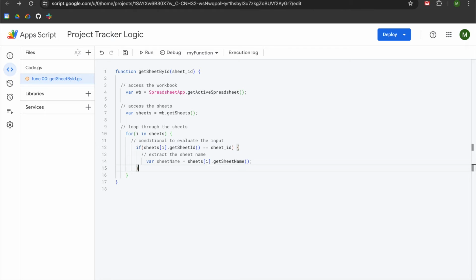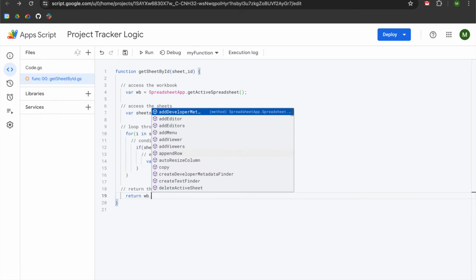We're going to hit the down arrow once, down arrow twice, hit enter once, hit enter twice, hit the left arrow twice, add in 2 slashes for our final comment in this function, return the sheet name,